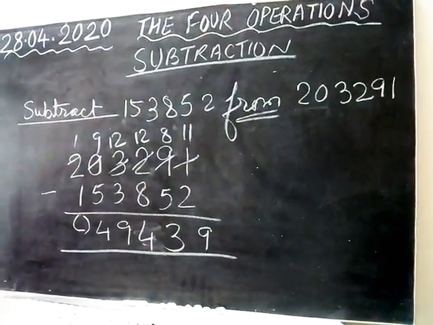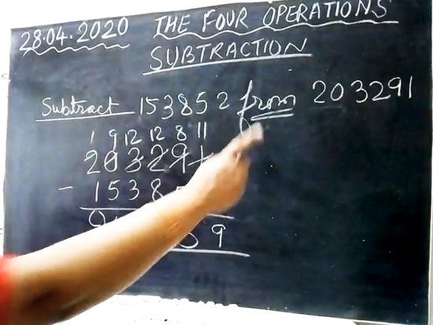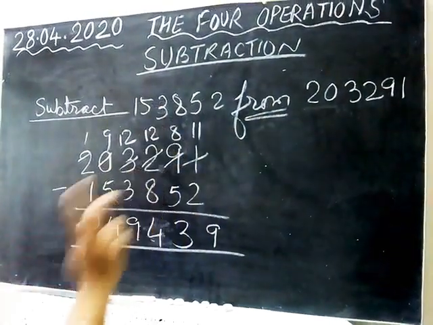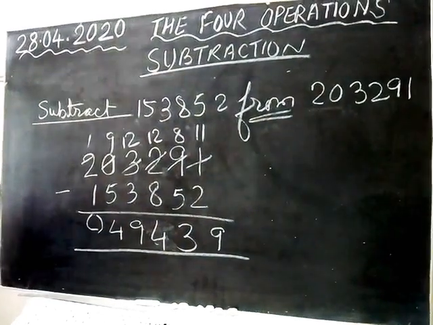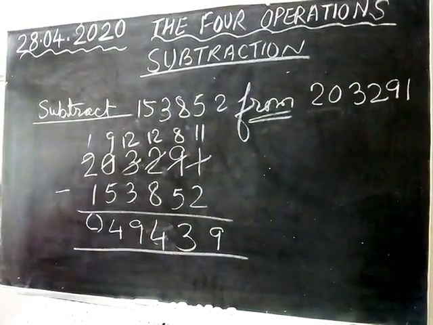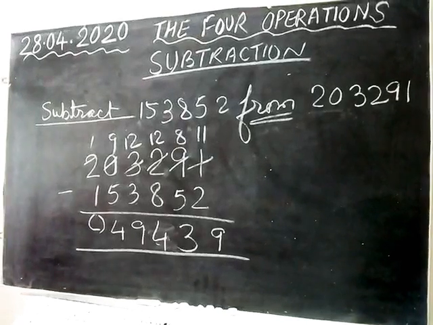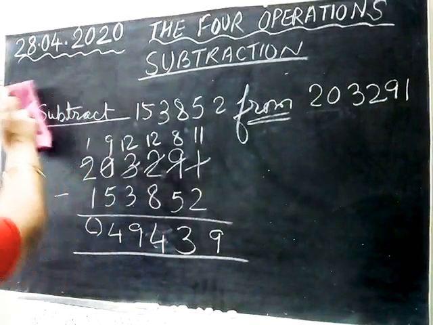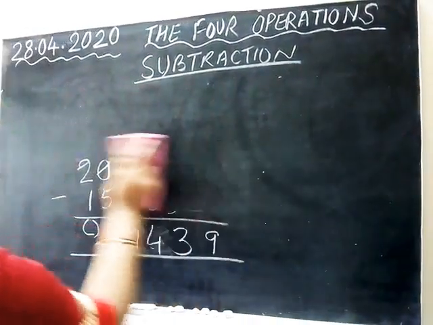Okay, so here you have to take care that whenever it is written "from", first this number will be on the top and then this number. Hope the subtraction is clear to you. So subtraction you all know, so many times you all have solved the questions from lower classes. Now we are coming back to properties.